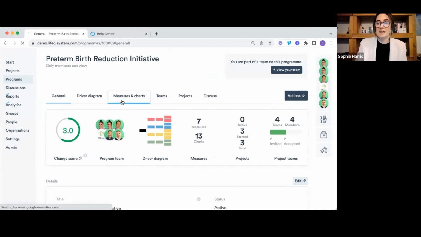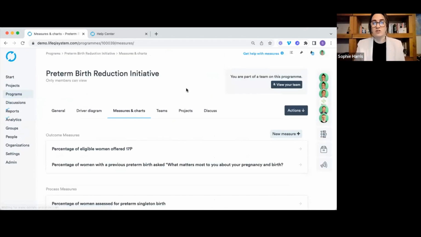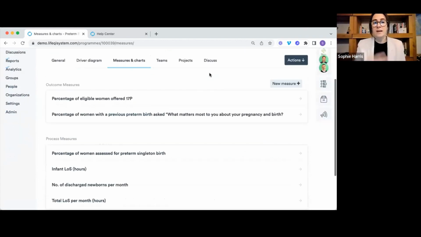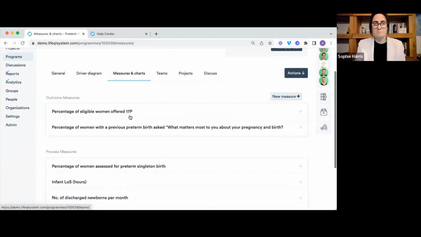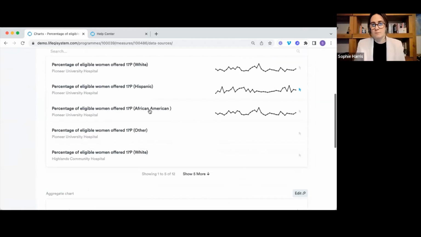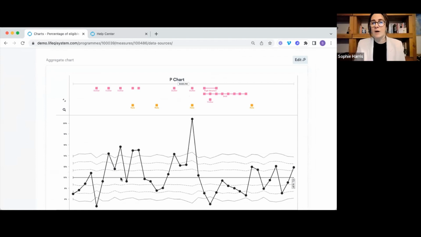So if we come into this measures and charts section along the top of our program, we can now see the same measures as before, okay? So let's come into our top outcome measure here. Now, what you're going to be able to see is each individual project chart, but most importantly, our aggregate chart